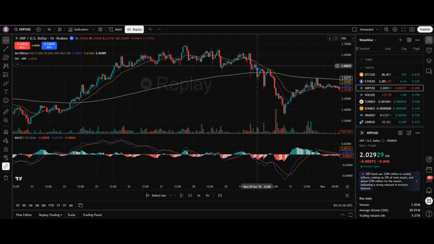Now, maybe you're not sure if it's just going to touch the 200 EMA line and bounce back up, but that's why it's so important to know what to look for. Okay, so we had a break below the 200-day EMA, then we had to pull it back straight up, right? So it didn't break below for long, but then it pulled right back up, and then as you see, there's just a lot of selling pressure,